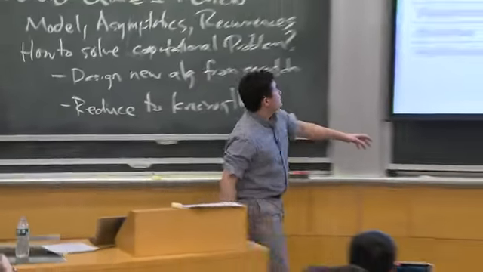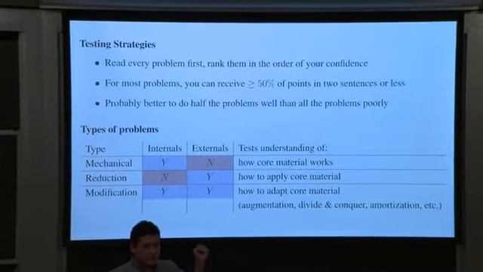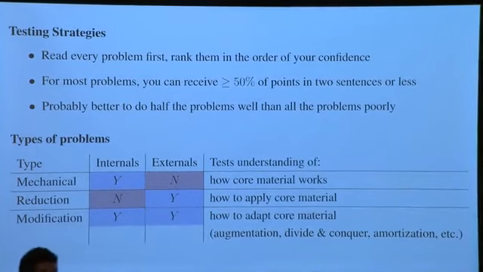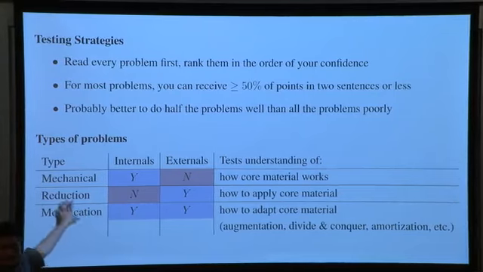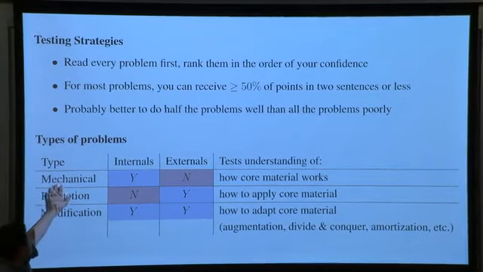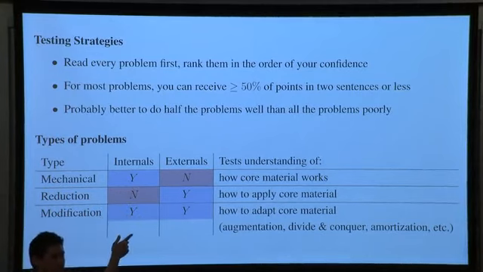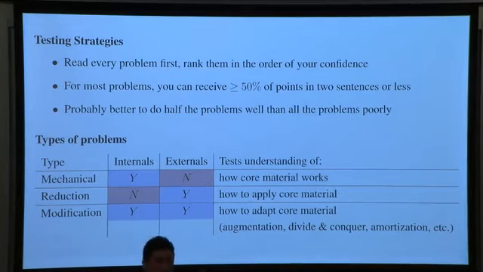So here, I think there's kind of 3 different types of problems that we give you in this class. You might have seen this on the problem set. I like to categorize them into 3 different categories. One is you kind of have to understand the internals of a data structure and algorithm that we know. You have to be able to look inside and, given a node in a balanced binary search tree, an AVL tree, how can I do a rotation, or how do I do an insert?